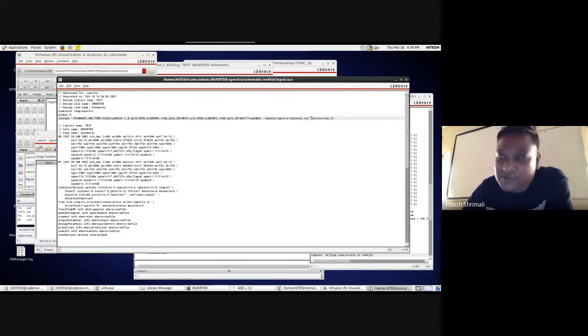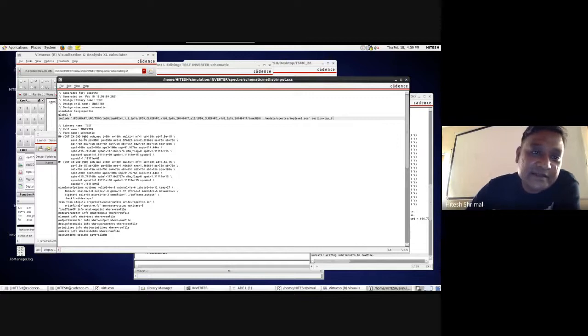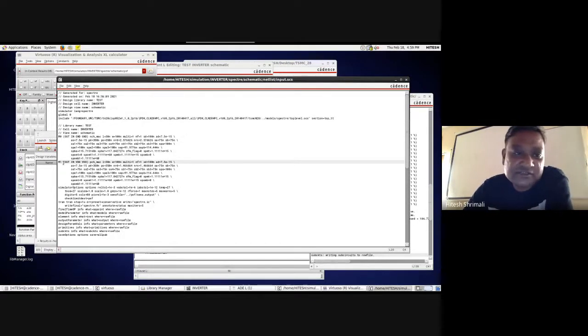So it's a Spectre circuit simulator file. You can see that the typical corner, TT is typical, both are typical, NMOS and PMOS are kept here. It's automatically generated. Other than that, M0 and M1 are two transistors, NMOS and PMOS, whose connections are written here. There are four terminals: source, gate, body, and drain.